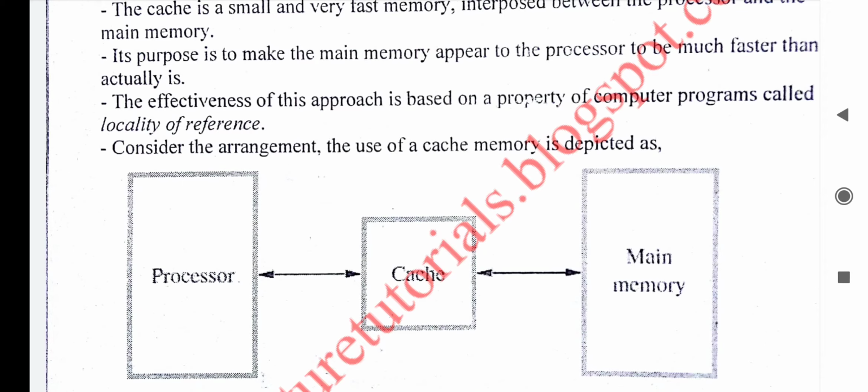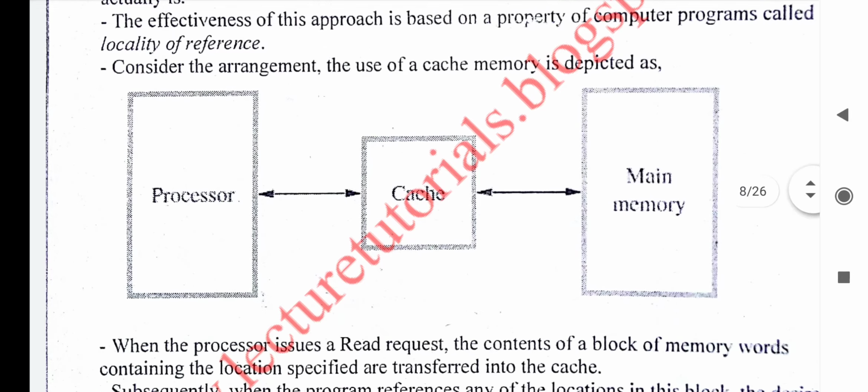Only the very important content, as well as the content which is frequently used by the processor, is placed in cache memory. A copy of the same is also in main memory. First, when the processor requires any data, it checks whether the data is present in the cache memory or not. If it is present, then immediately it accesses the data from the cache memory and executes it. Otherwise, only then it goes to check main memory, and a copy of the data is also placed in cache memory. So it is a very fast memory.